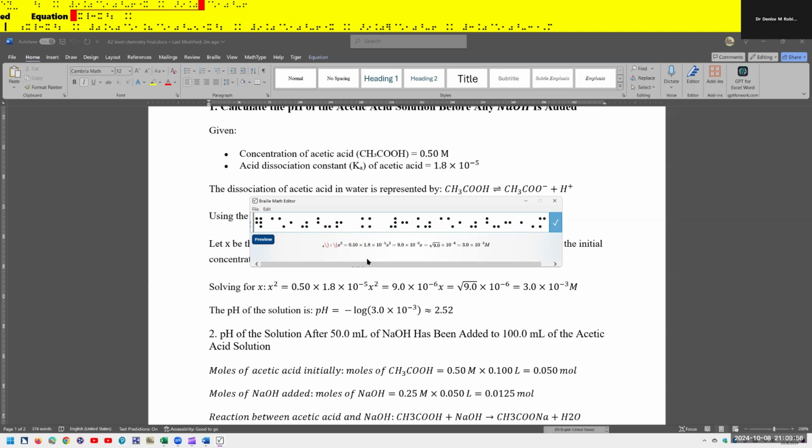I'm going to hit the delete key. Dot 4. And I'm going to immediately move my cursor. Dots 3, 6, dots 2, 3, 5. Braille space. There is my 6. I'm going to put my 1, 2, 4, 5, 6 back. Dots 1, 2, 4, 5, 6. Okay, and then the vinculum